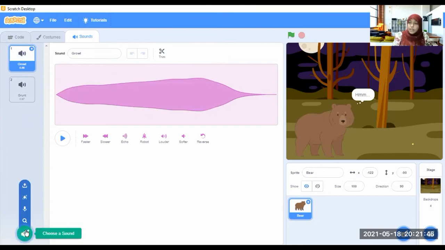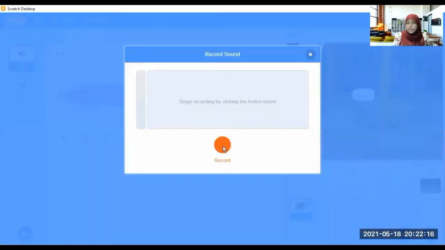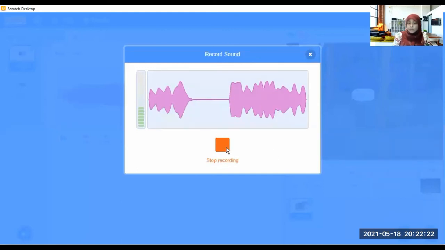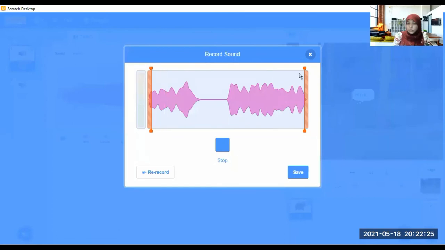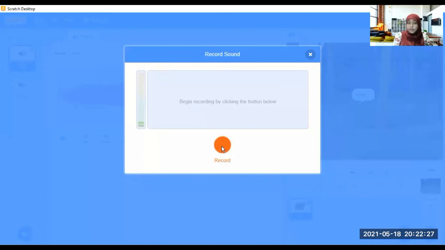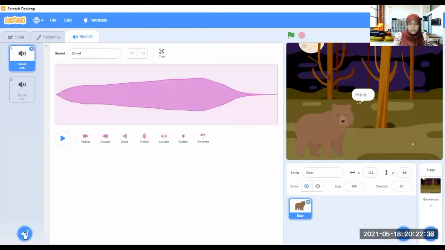If you want sounds which are not in Scratch, you can download sounds to your computer. After selecting upload sound, you can upload sound from your computer, or else you can record sounds also. For an example, go to record and click on record, and it will be recorded here.